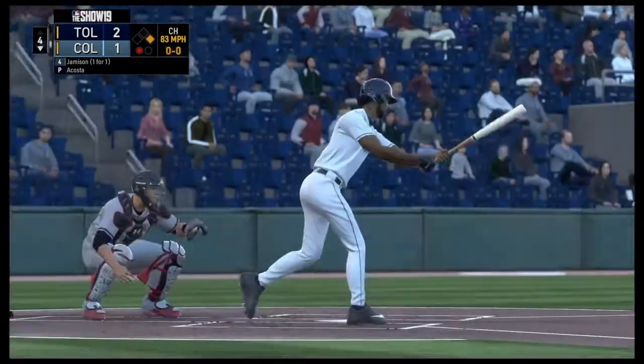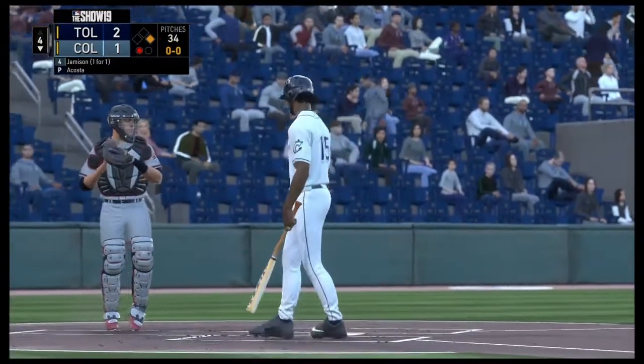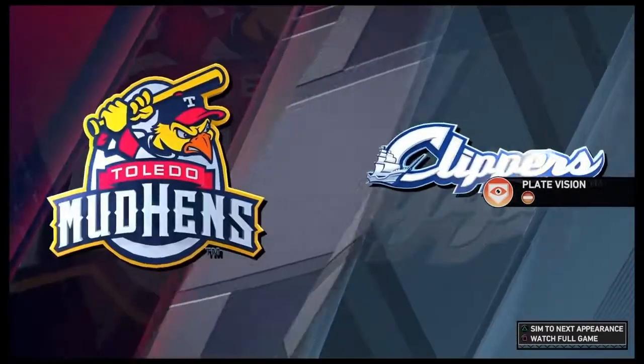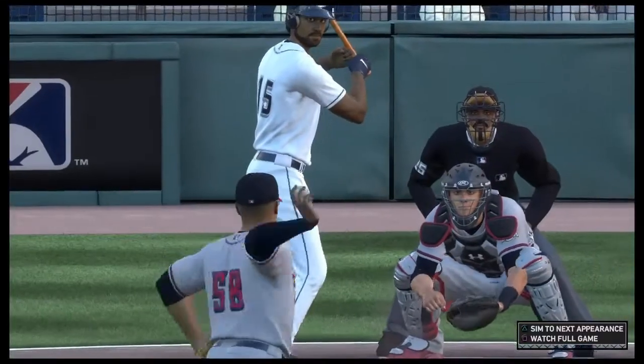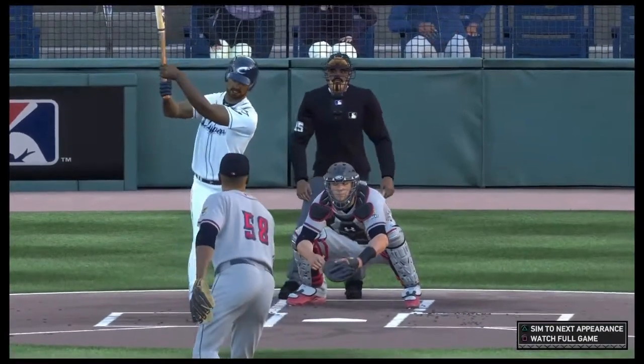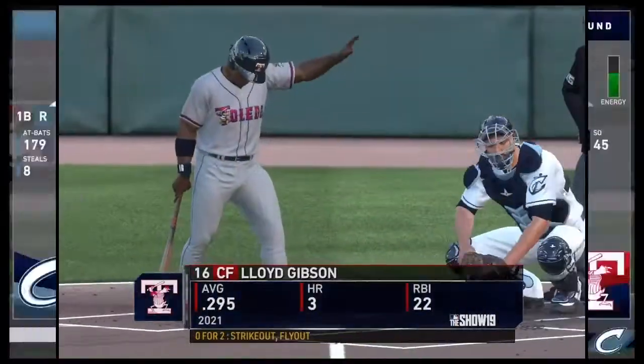Pitch on its way. And a changeup swung on and missed for the first out. That was some nice execution on that pitch. Spotted it nicely down around the bottom of the zone. And when you do that, especially with 2 strikes, not a lot of guys are going to hurt you. You're going to get a lot of...